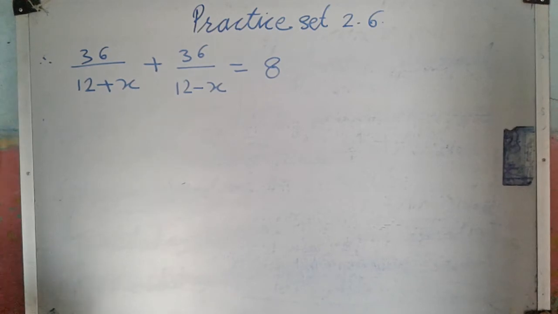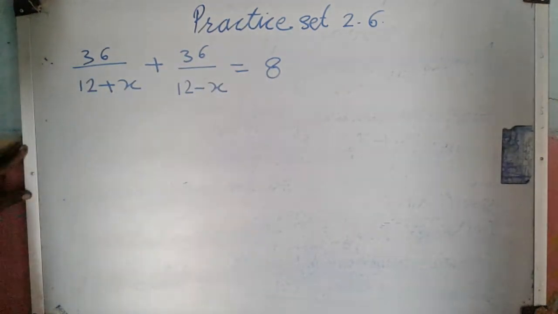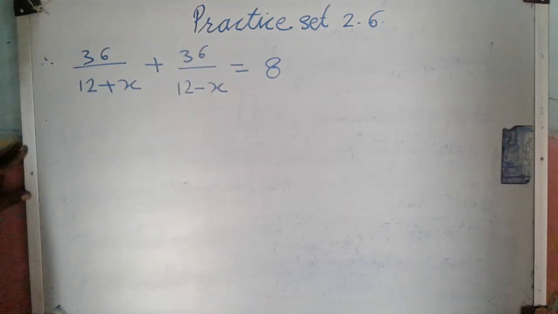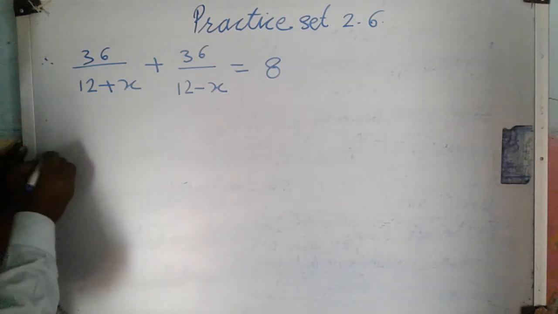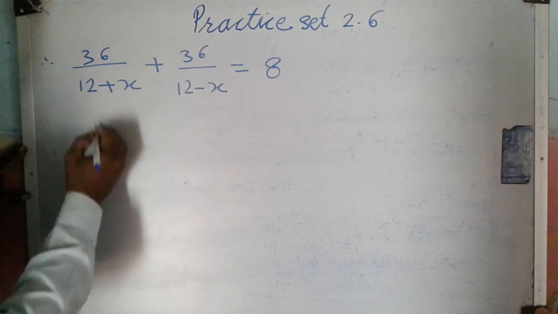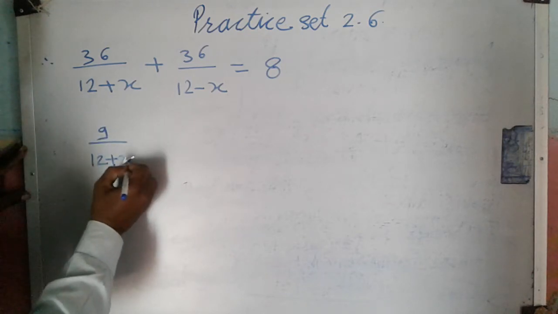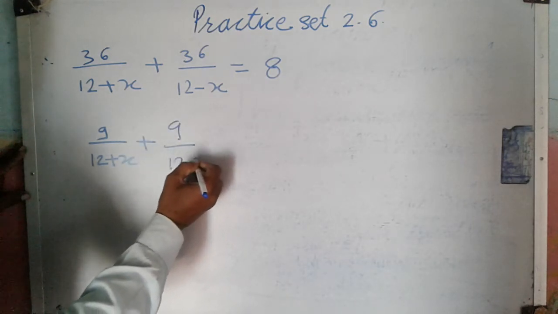First we will simplify it. Now see here 36, 36 and 8 are divisible by 4, so we will divide each term by 4. After dividing by 4 we get 9 upon 12 plus x plus 9 upon 12 minus x